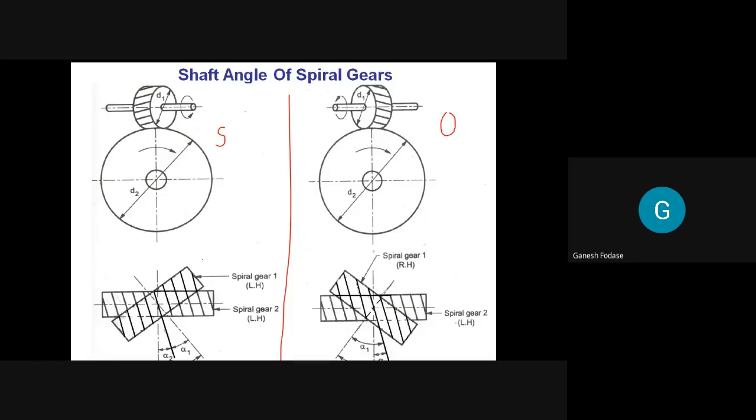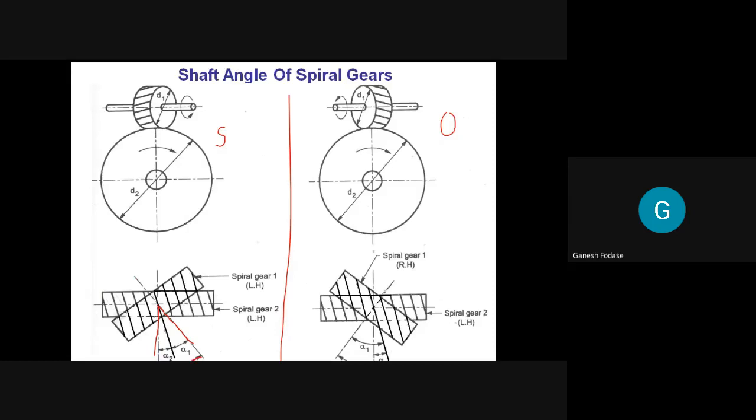And we discussed this expression in the regular classes. So when two spiral gears are of same hand, then the shaft angle, that is the angle between the two axes, let's say this one, this shaft and this shaft. It is not shaft, this one is shaft, okay. So when we determine the angle between these two shafts, it is nothing but the shaft angle, that is theta.